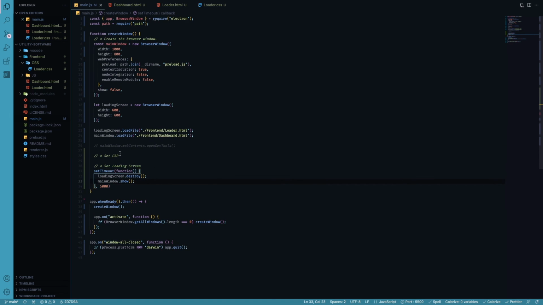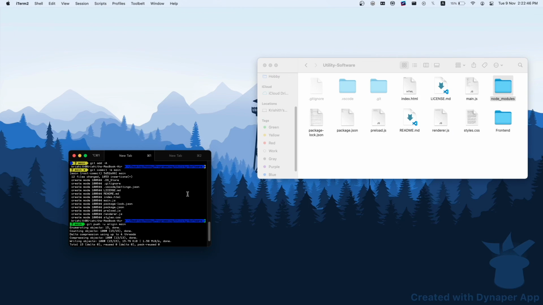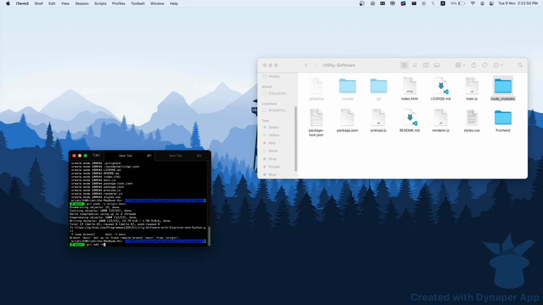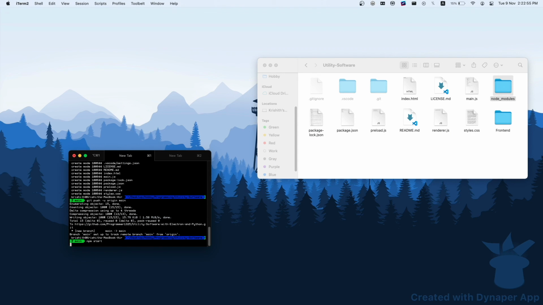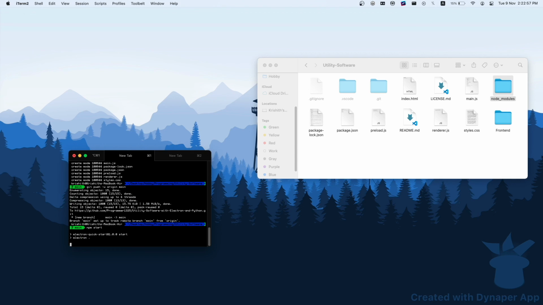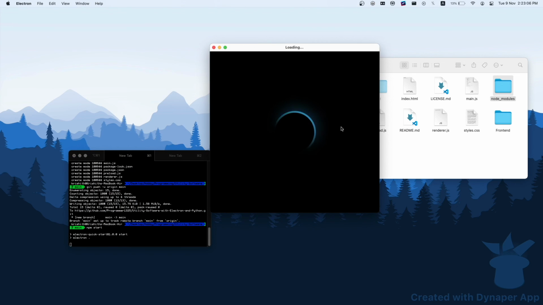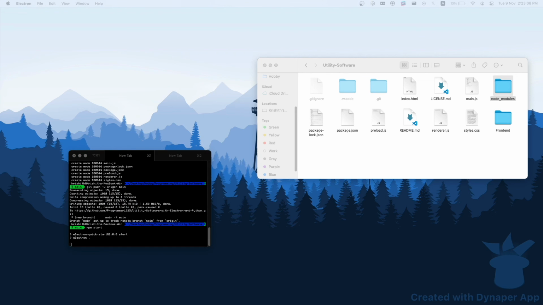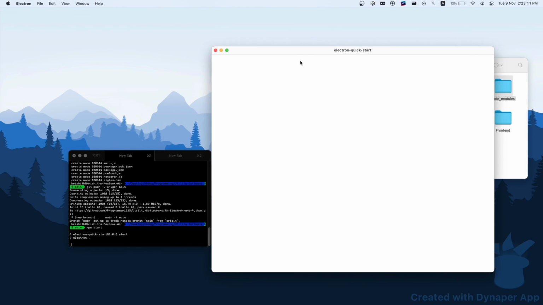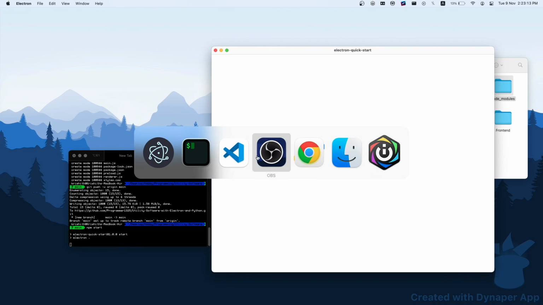So now I think we can test this out. Hang on. It takes some time to load. Yes, got it. As you can see, you have a loading screen, and now it should open up. Hang on, it opened up here. So now that we have done this,